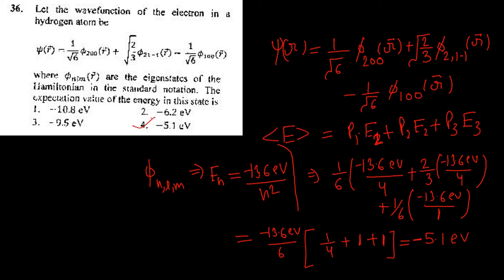Now let's move towards the next question. 3 identical spin half particles of mass m are confined in a one-dimensional box of length L. So the nth energy is n square pi square h cross square upon 2m L square, where L is the length of the box. Now what is asked in this question? Find out the lowest 2 energy eigenstates of the 3 identical particles. So what will the situation be? There are 3 particles.